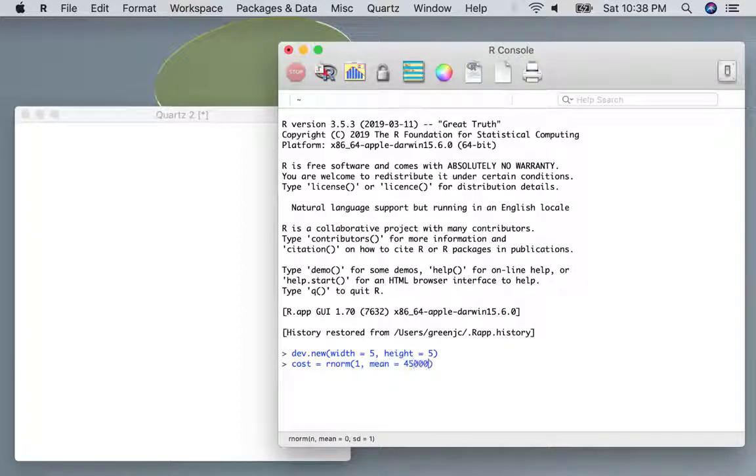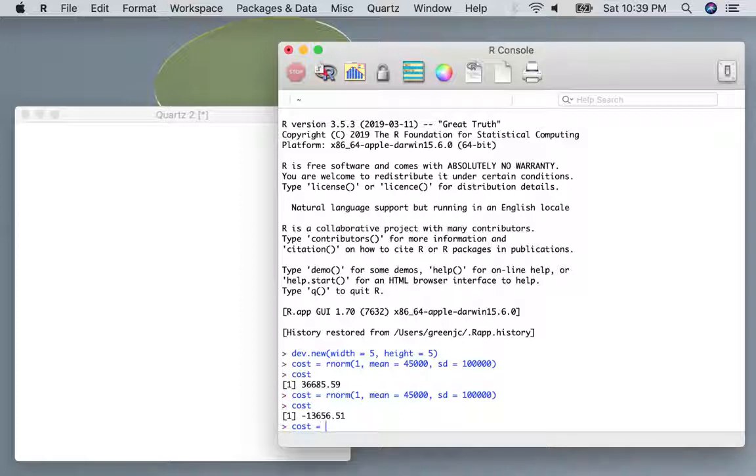So now in your assignment, I give you a mean and a standard deviation for cost because we're modeling cost as a distribution. So rnorm, that's a random normal variable. We're going to say one observation with a mean of 45,000 and a standard deviation of 100,000. So it gives us one observation there. Remember, the distributions are also random number generators. So when I ask for one observation, one draw from a normal distribution, take one number from a bell curve defined by a mean of $45,000 and a standard deviation of $100,000. Those means and standard deviations are the same that I give you in the assignment letter